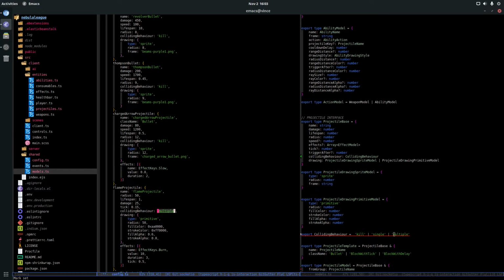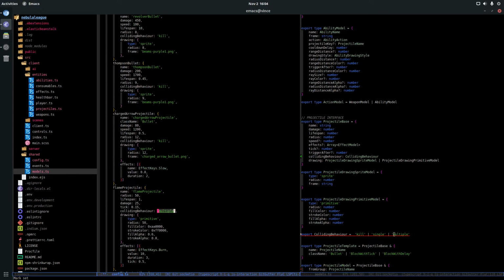But maybe in 3 months I will say, "Oh my god, single and multiple, it's so bad." Because my code is going to work. If I put, for example, a bullet with multiple, it will work, and it will do a collision every frame.